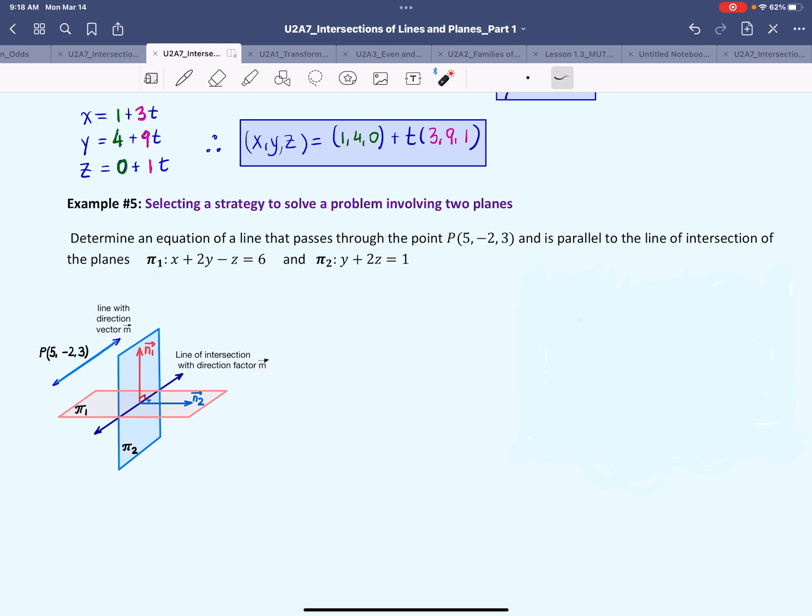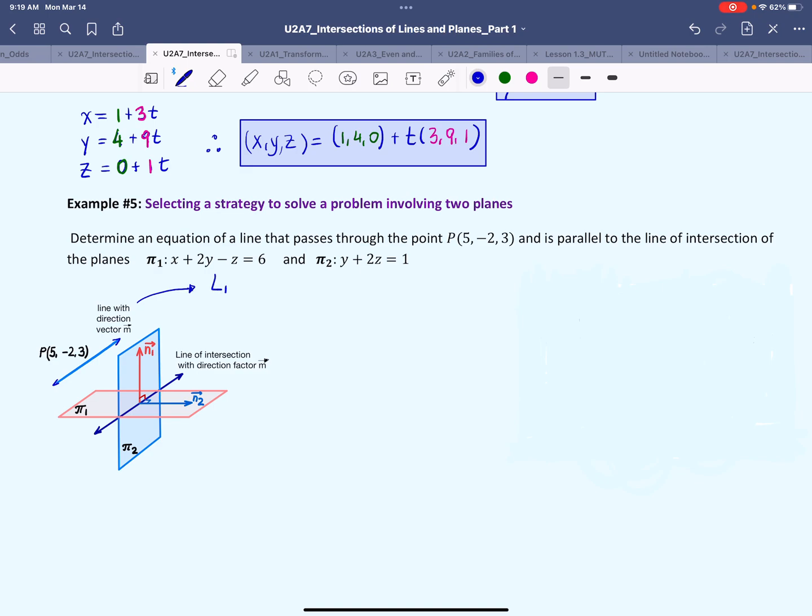We need to find the equation of a line that is outside these planes. So, a line drawn from point P, which is right here, and is parallel to this line, which means that they must have the same direction vector, or their direction vectors must be scalar multiples of each other. So in order to determine the equation of this line, because that's what we're trying to find,